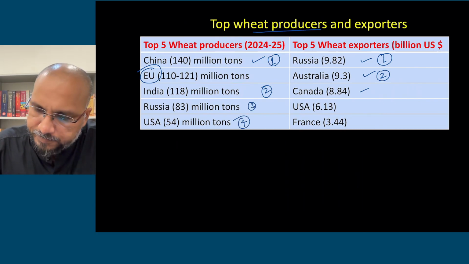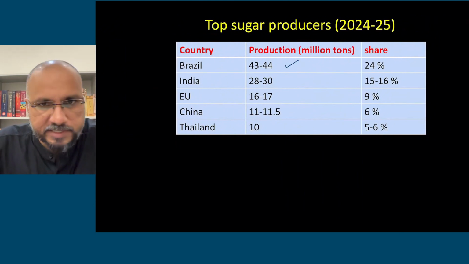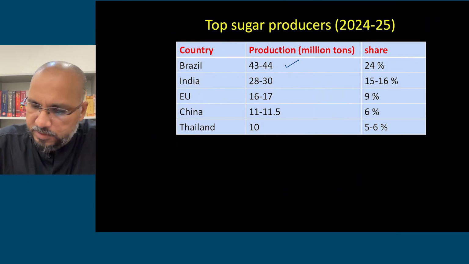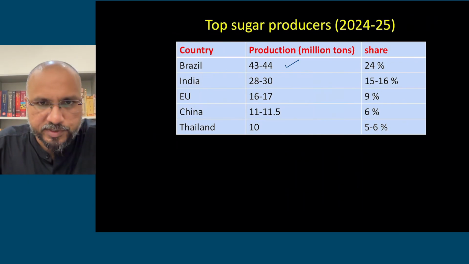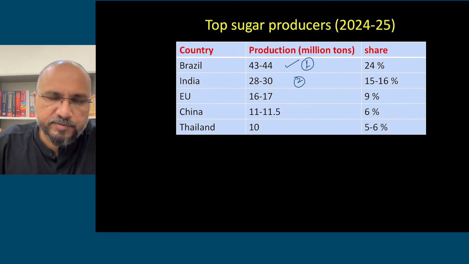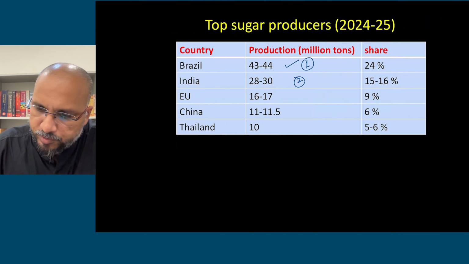Country wise, now, top sugar producers. Brazil is the leading country. After Brazil, India, then we have European Union, then China, then Thailand. This is the percentage share with respect to production. Brazil is the largest producer of sugar. After Brazil, second position is India. So you might get questions like which of the following statements are true: India is the largest producer of sugar. So they can give such questions. You should know the top three countries with respect to individual